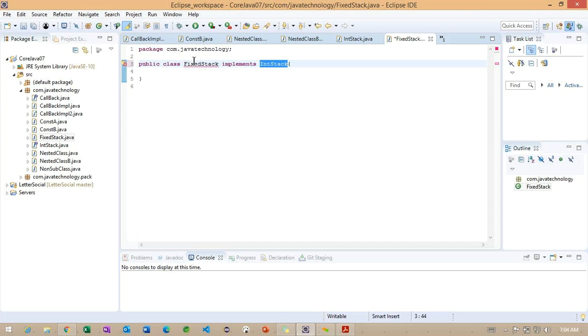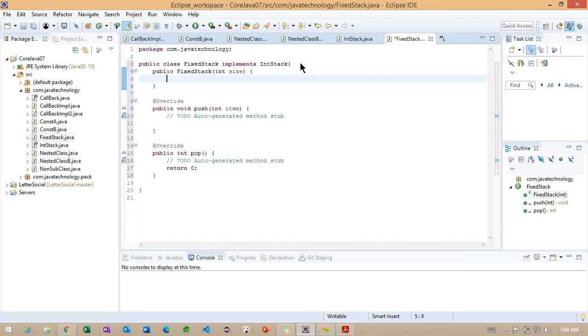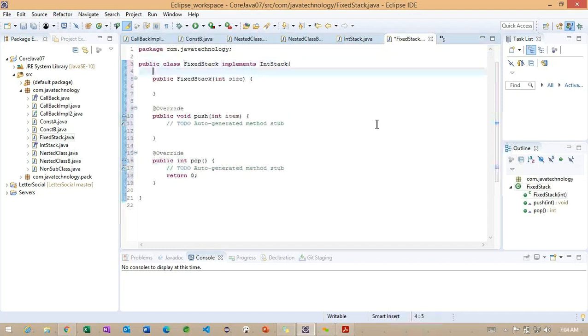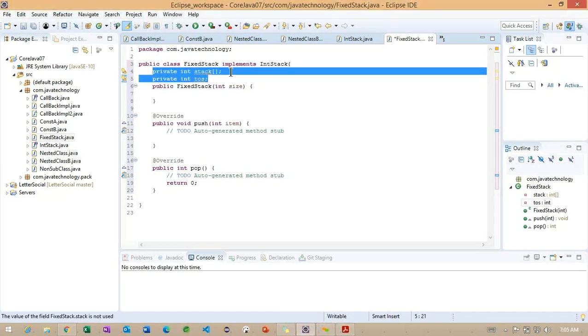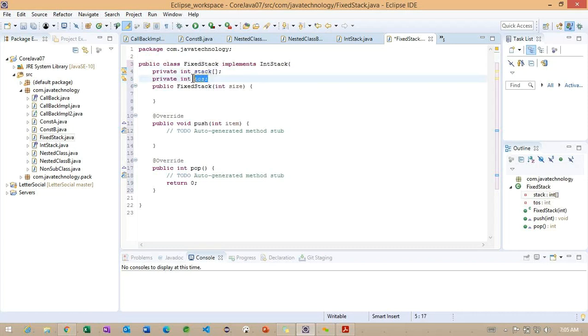Inside it, I will create two variables. Carefully, I have two variables: one is an array, and one more we are declaring as an int variable. Right. So how are we going to use them inside this constructor?